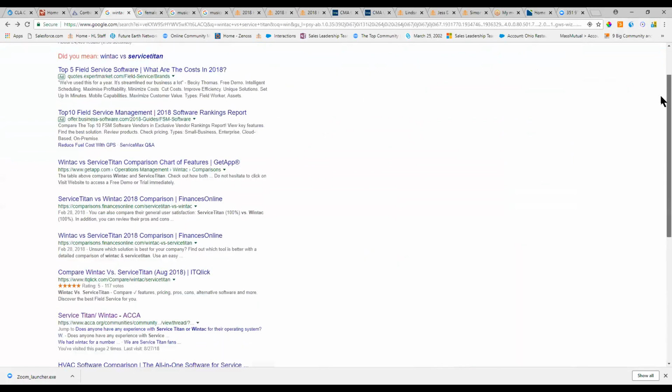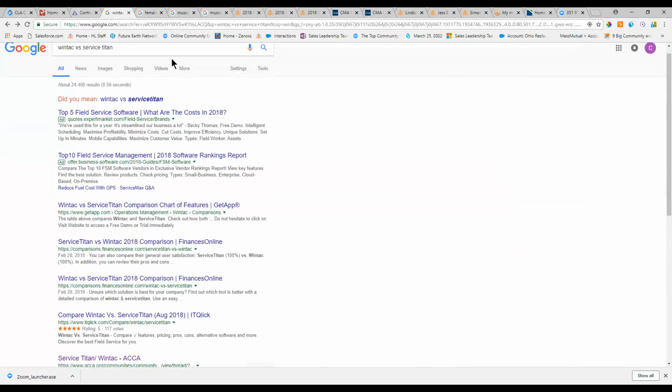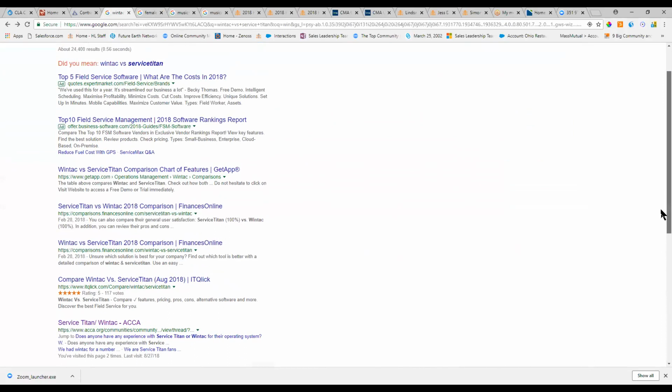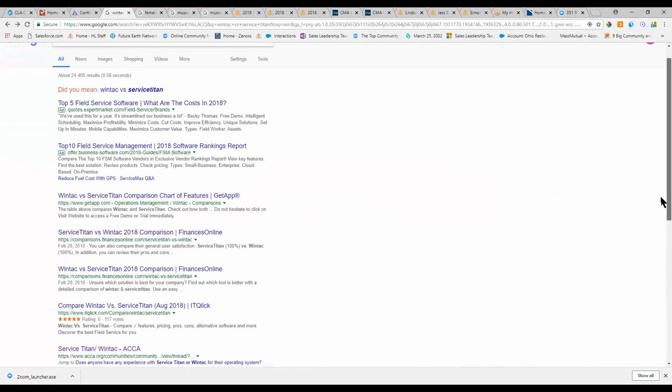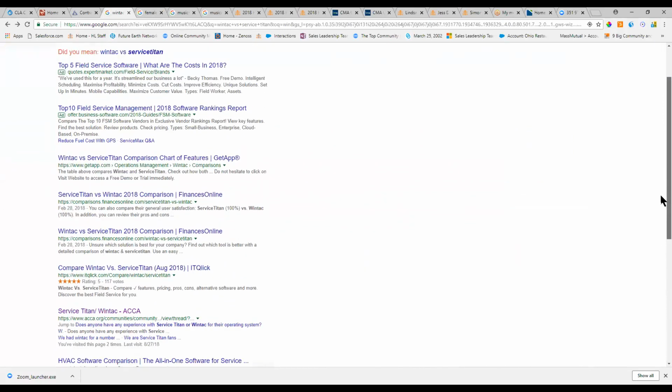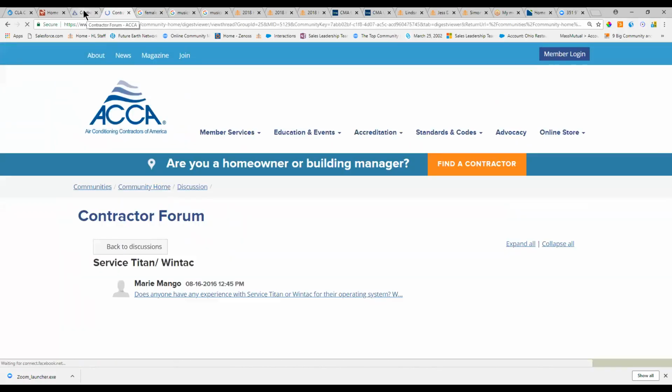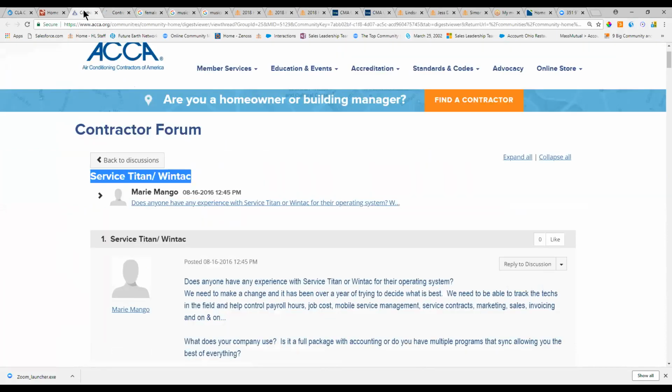So when I Google WinTech versus ServiceTitan, you'll notice that this is not the title of this community, but if I'm an air conditioning contractor or in a service industry and I'm evaluating these two technologies, let's say I've never heard of this organization. Well, you can see right here, this is indexed on the first page. It is the actual conversation that we were just looking at.